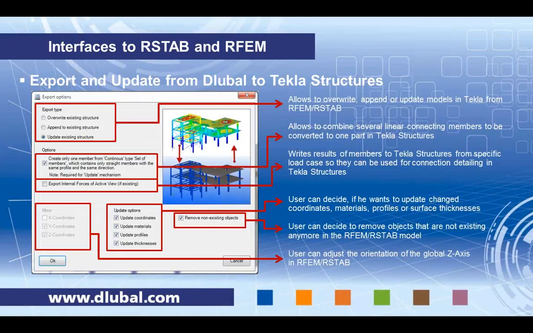Or we can append to an existing Tekla structure model. For example, if you have one part already done in Tekla and you want to get another part of a building added to this already finished model in Tekla, you can compose a larger, bigger model from several individual models